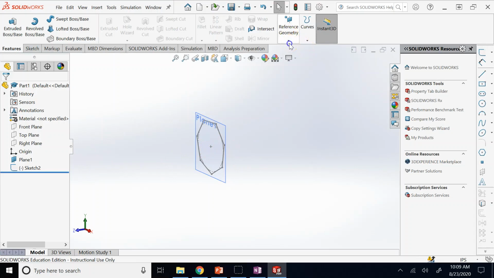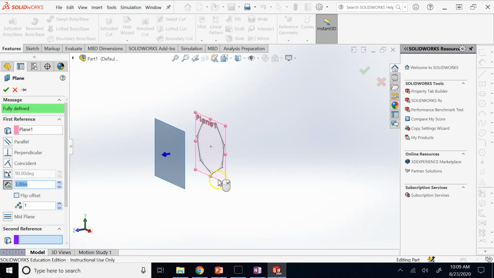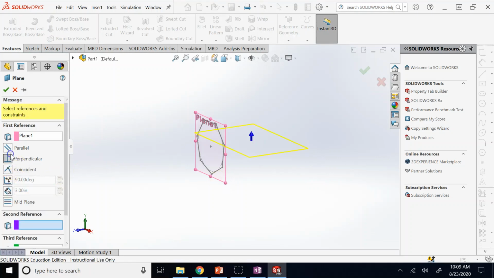So I go here and say, well, I want this to be my reference, but not parallel, I want perpendicular. Okay? And then it says, okay, perpendicular in which direction, right? So if I do say okay, it's not going to accept it because you have to say in which direction